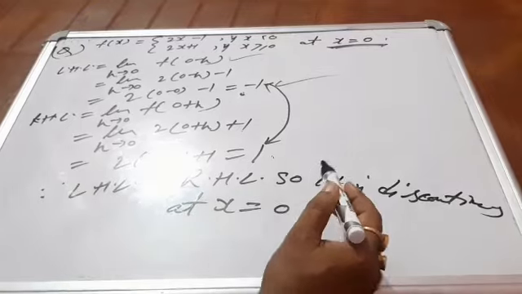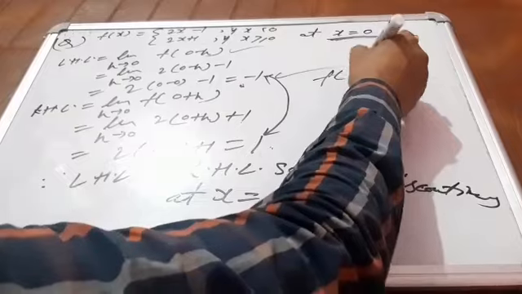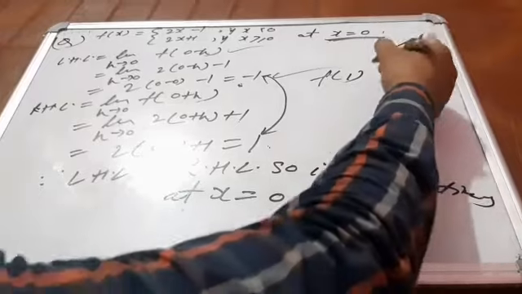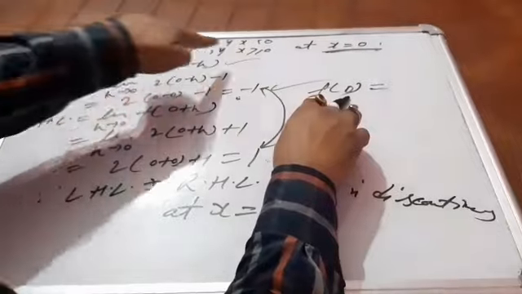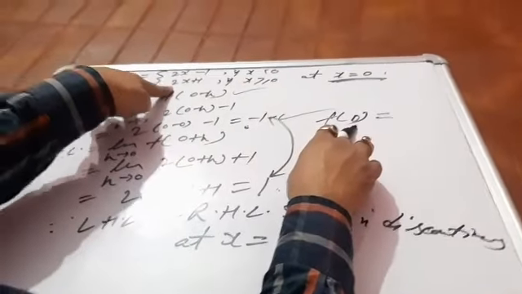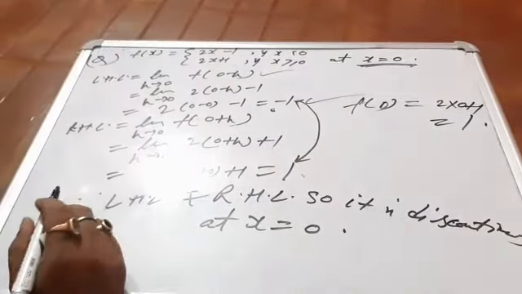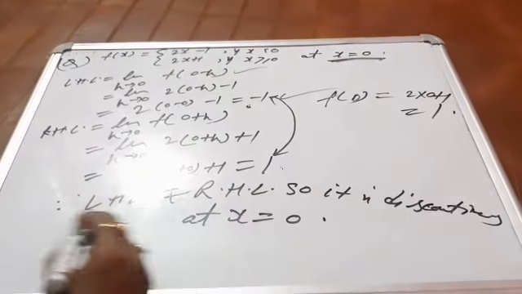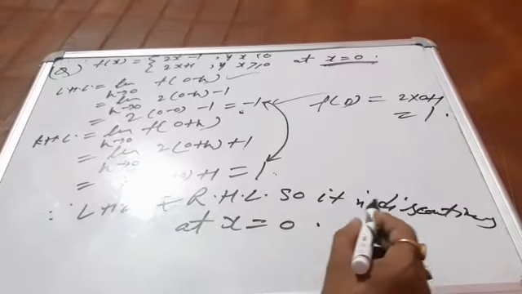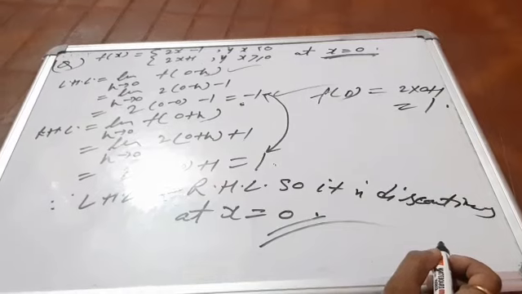So what about the next step? No need to find out the value of the function. Or if you want to find out the value of the function, it is not necessary. If you want, what will be the value of f0 here? f0 will come in which situation? In the condition 2. In that case, f0 means 2 into 0 plus 1. It is 1. Okay? If it is necessary, when you need this, you can find out by this way. So, here LHL not equal to RHL. So, it is discontinuous. Means this function is not continuous at x equal to 0.